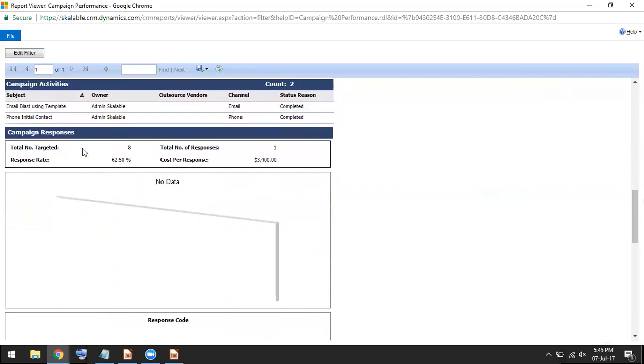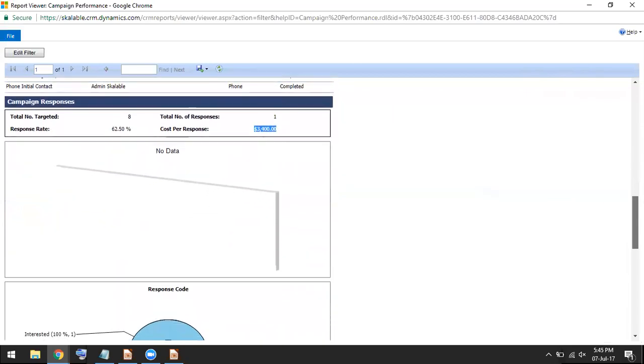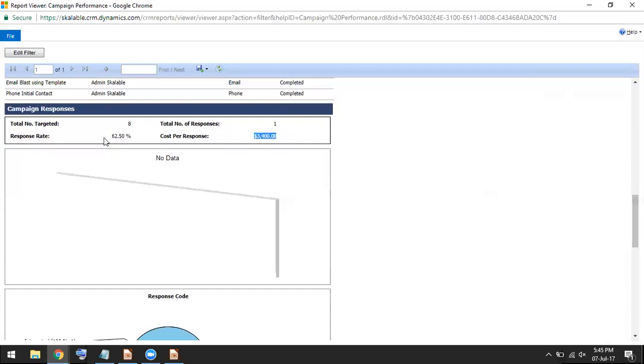Here you can see the total number of targeted records is 8. We have just recorded one response. So cost per response is around 3,500. It is too much. Response rate is 62%.